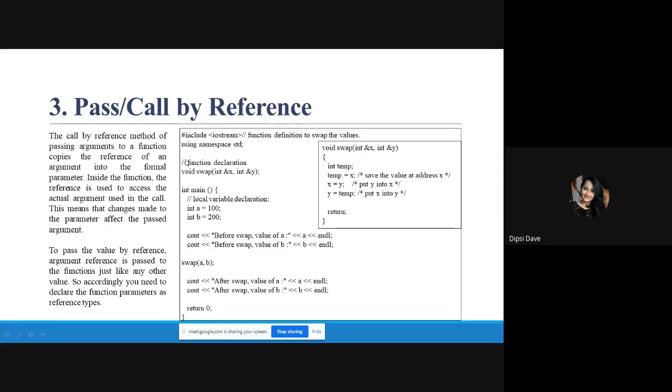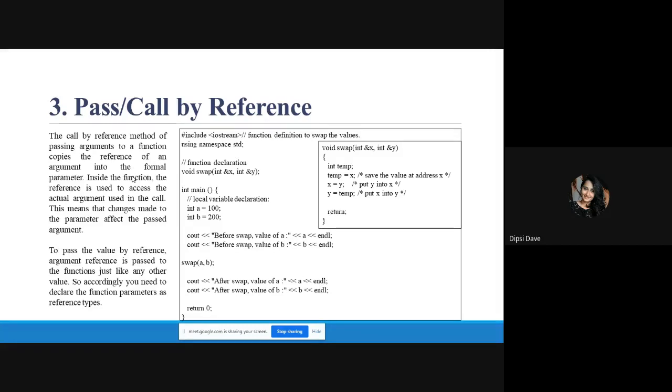Now the call by reference method of passing arguments to a function copies the reference of an argument into the formal parameter. Inside the function, the reference is used to access the actual argument used in the call. This means that changes made to the parameter affect the passed argument as well, because we are referring to the same location.